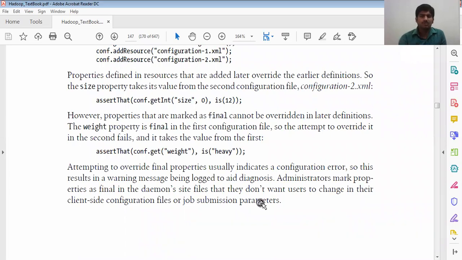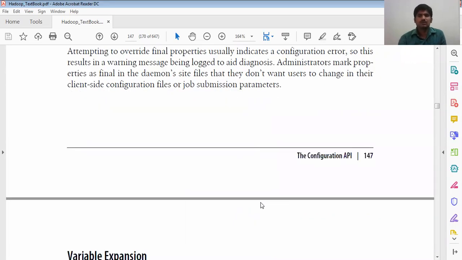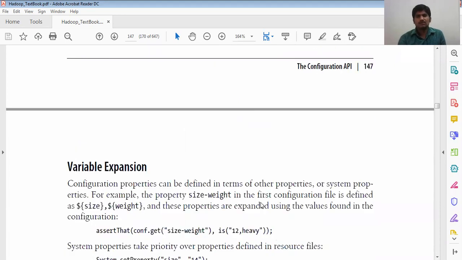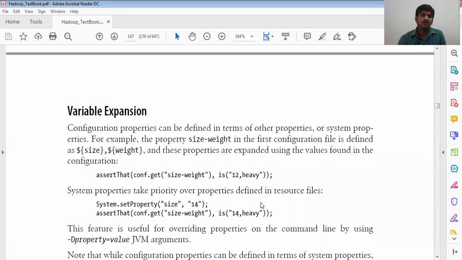When the job is submitted, they have to look at whether the final keyword is mentioned for what asset, and they have to make modifications when they load the data into the Hadoop system.